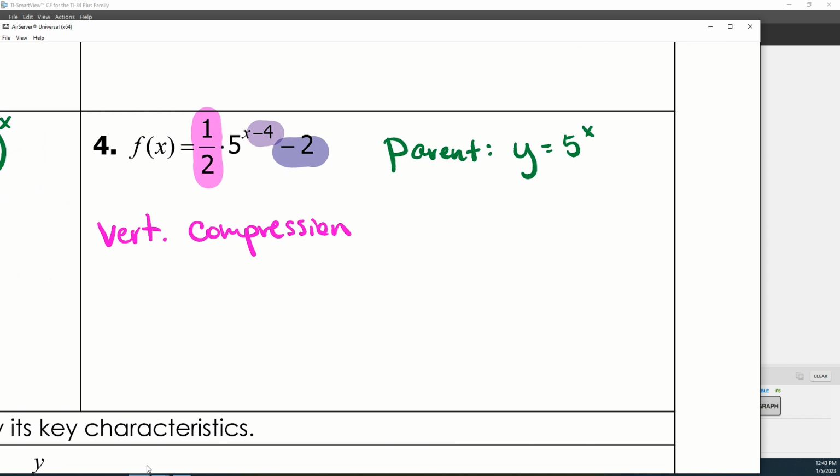Okay, so because that 1/2 is smaller than 1, it's between 0 and 1, that's going to be a vertical compression. The -4 up there at the exponent is going to go right 4. And then the -2 at the end is going to be down